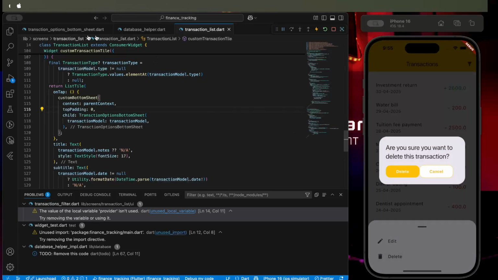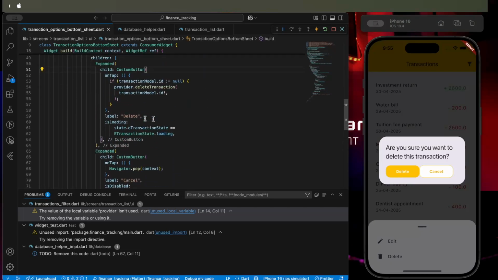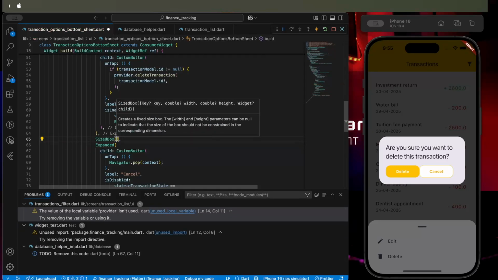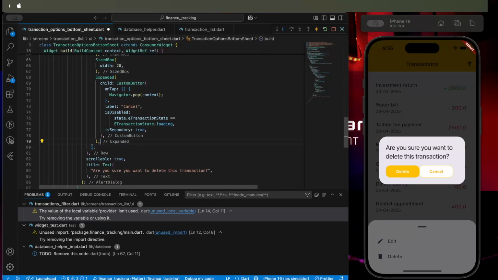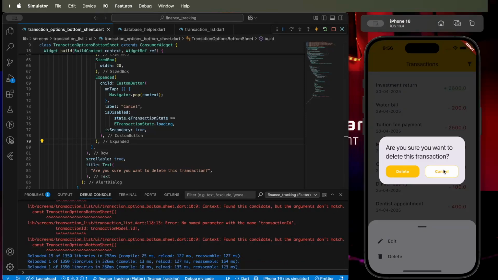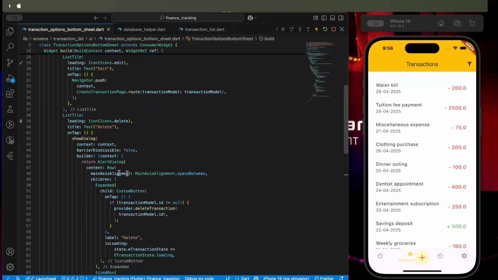Okay, one issue still there. Icebox. Okay, very good. It didn't show anything because we are